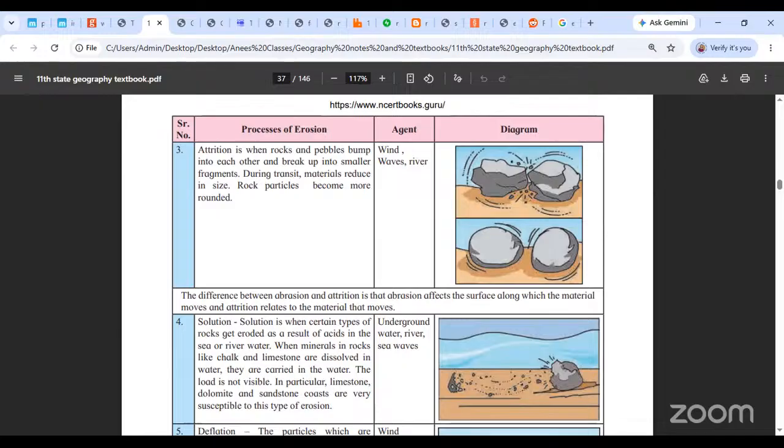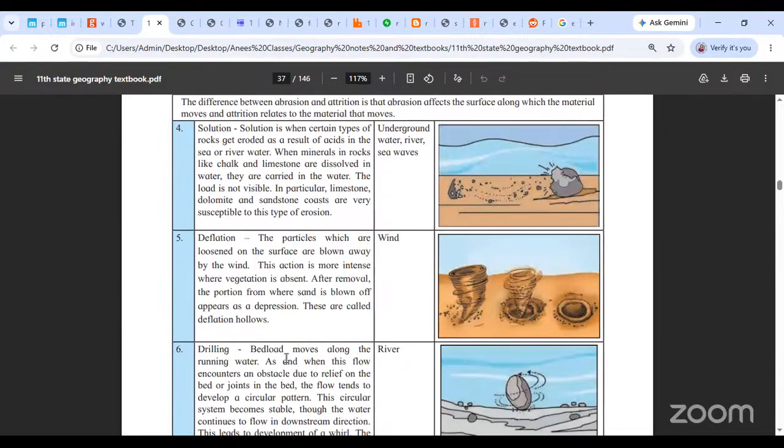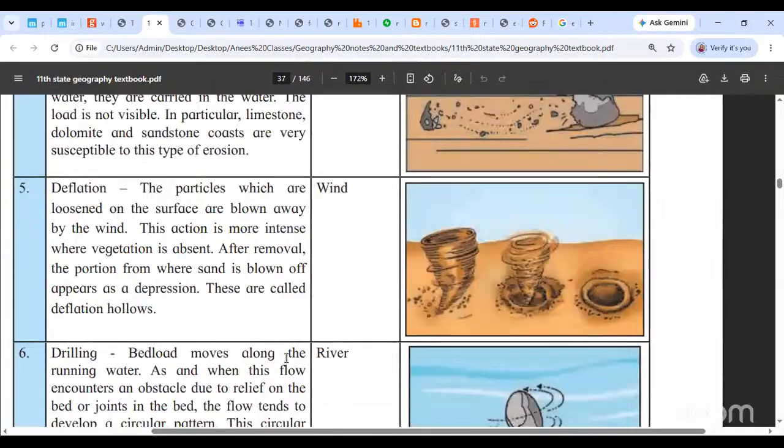Okay, we are saying attrition में the load जो होता है वो जो छोटे छोटे pebbles carry करता है, वो pebbles जाके एक दूसरे के साथ collide करते हैं. Okay, those pebbles go and collide with each other, and because they collide with each other, their size reduces, okay, because of the friction and the force and all. Their size reduces, that process is called attrition. Okay, next is solution, a normal process: the water-soluble minerals from the rock are removed and that is what solution is.